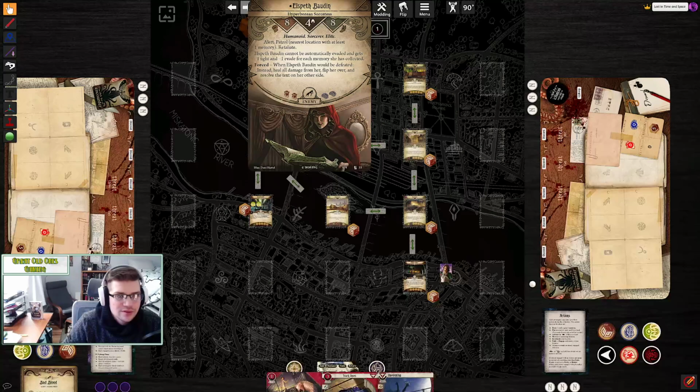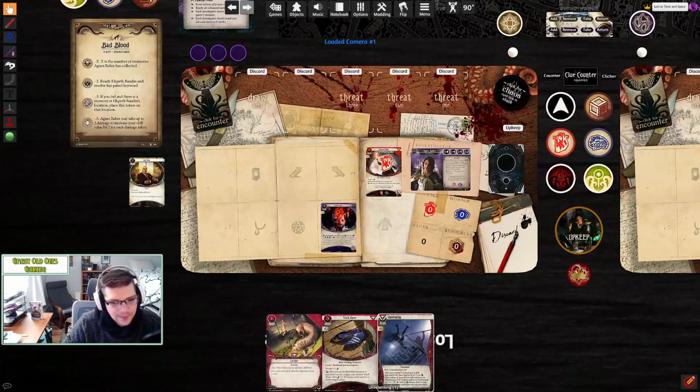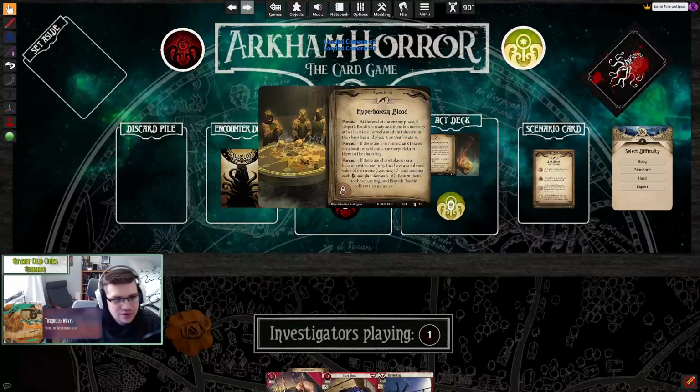So Elspeth Bodine has alert and patrol. She cannot be automatically evaded and gets -1 fight and -1 evade for each memory she has collected. When she would be defeated, instead heal all damage from her, flip her over, and resolve the text on the other side. Okay. So she stays there, and then how do we...